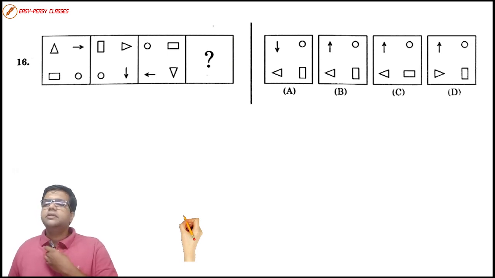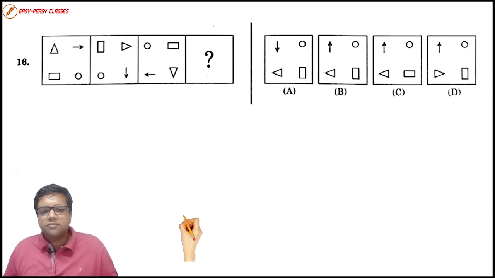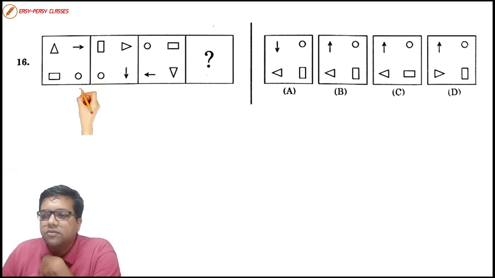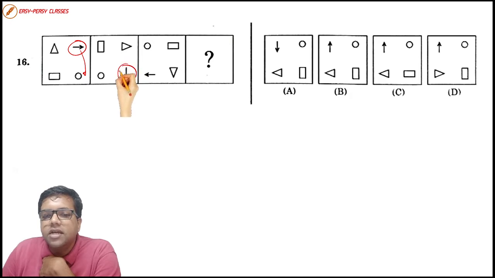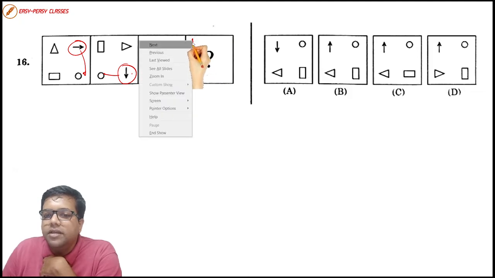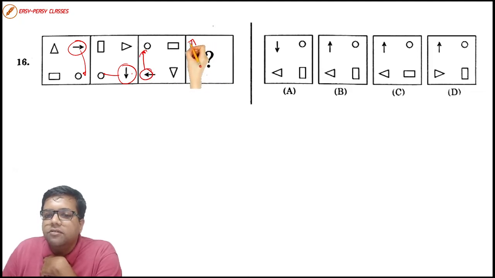So next question, we have again the same arrow kind of stuff. We can follow one of these properly. All right, we can follow the arrow itself. This is moving forward. It has changed its position to the downside. Again it has changed its position to the left side, to the upper side. That will be the right choice. And I think the arrow should be over here, facing up.